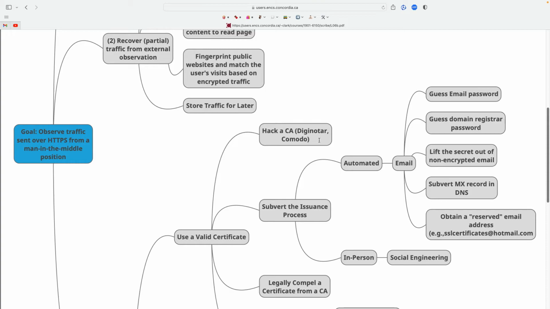So Google kind of quietly did this. They turned the functionality on. Everyone upgraded their browsers. And then immediately, people realized that there's a bunch of Google certificates floating out there that are invalid. Some of them are coming from DigiNotar, and some of them are coming from Komodo.